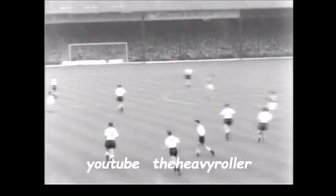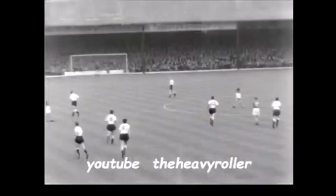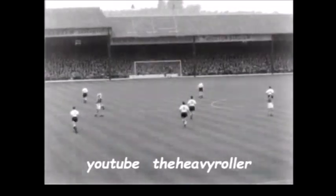Well, there's a real bad mistake there by Walton, the left fullback, and Else. Neither of them called for the ball. They bundled into themselves, and it was